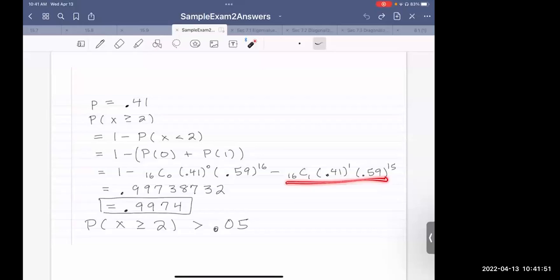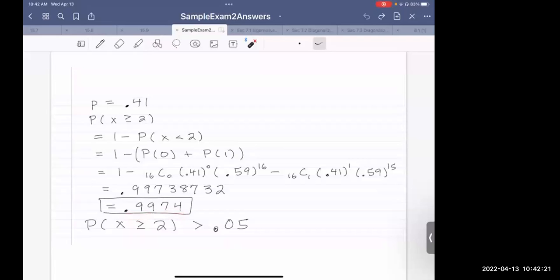Let's find the probability that x is equal to 1. So again, n is 16, C 1. I have p is 0.41 to the power 1. Again, q is 0.59 to the power 16 minus 1, which is 15. And so I get 0.99738732. Let's round this to the nearest 10 thousandths,